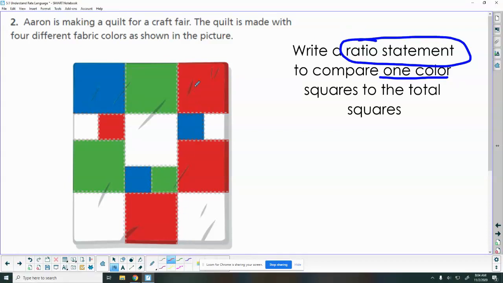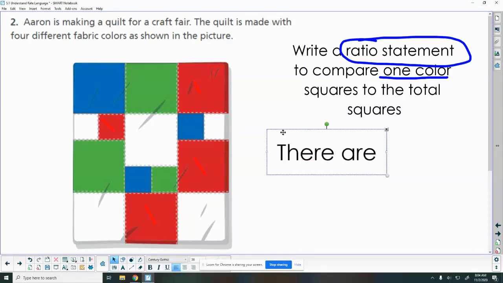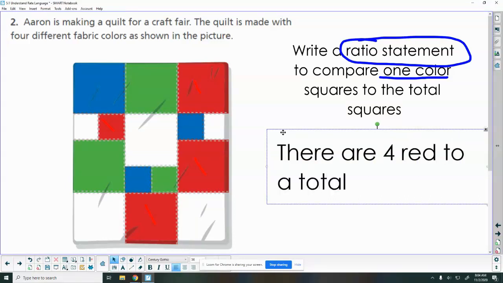So I'm going to try red here. I know I have 1, 2, 3, 4 red. So I could say there are 4 red, to a total of, let's see, now I need my total. 1, 2, 3, 4, 5, 6, 7, 8, 9, 10, 11, 12, 13, 14, 15, to a total of 15